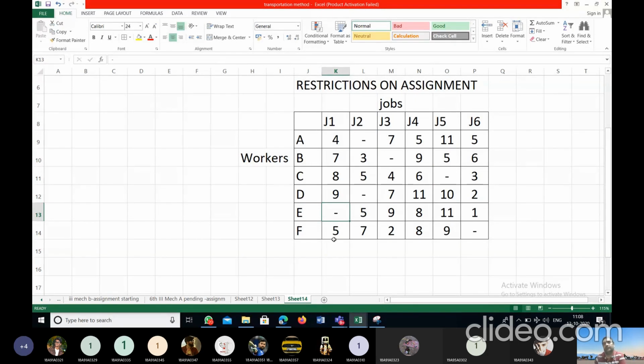So in that way, you have restrictions on the assignment of a particular job to a particular person. If you don't have some minimum awareness of the particular job, no need to test him. Got the point? So in that way, there are some restrictions of jobs to a particular person. Then you have some difficulty, right? So how to proceed? If you have a dash or something, how to proceed for the row operation? Dash doesn't mean 0. You remember that point. Dash means you are restricted, right? Now, there is a very simple method for how to start the row operation, right?